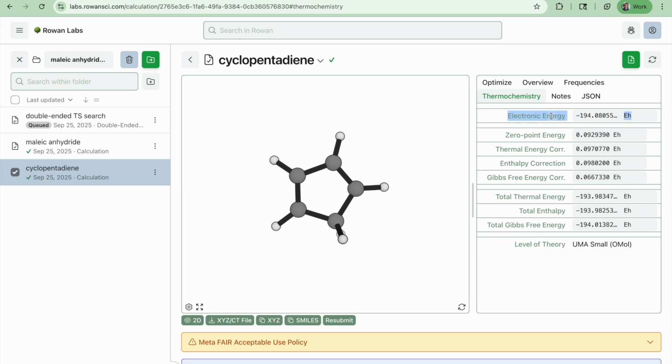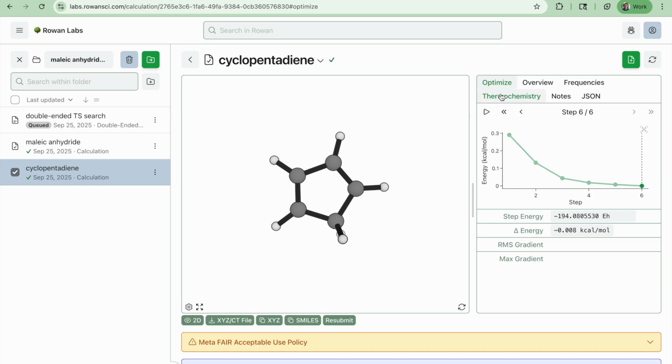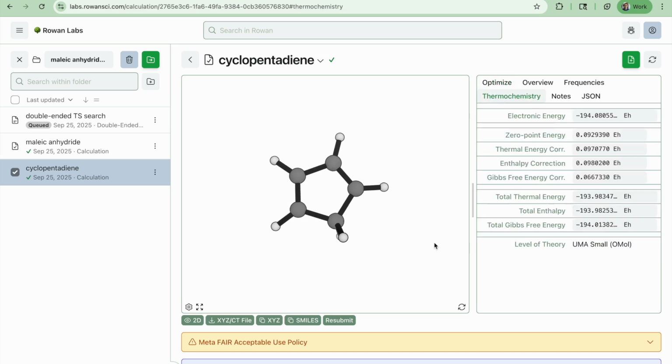So here we have the electronic energy, which is the default energy that you see, for instance, in an optimization. But since we ran a frequency calculation, we also have the total enthalpy and the total Gibbs free energy. These we get by adding vibrational, translational, and rotational corrections to the molecule. So this more closely represents the free energy, with some entropic components. We have some entropy in the vibrational modes, some rotational entropy, and some translational entropy. There are obviously approximations behind all of this. But if you want to actually predict how fast a reaction will happen, you want to be using Gibbs free